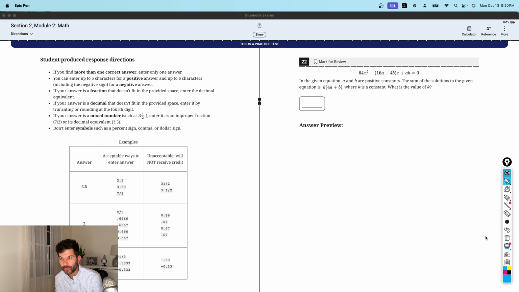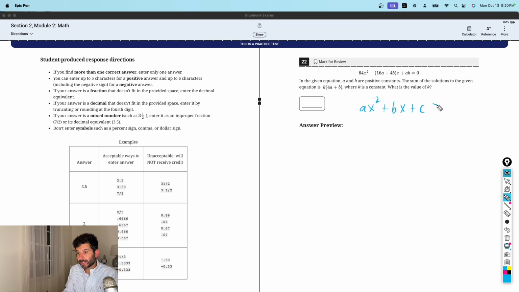Question 22 in Module 2. In the given equation, A and B are positive constants. The sum of the solutions to the given equation is K times 4A plus B, where K is a constant. What's the value of K? So a couple things on this one. You have a quadratic equation,